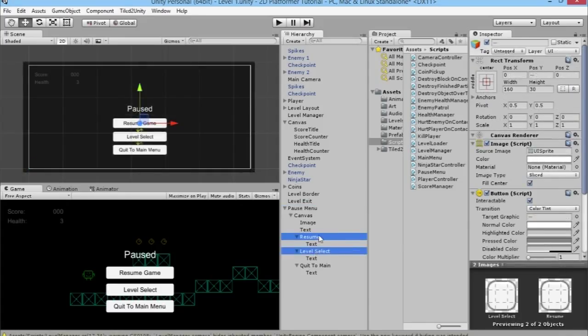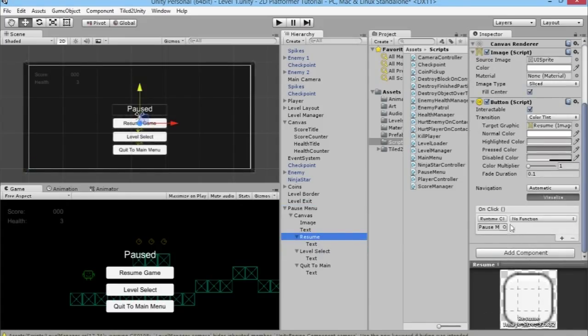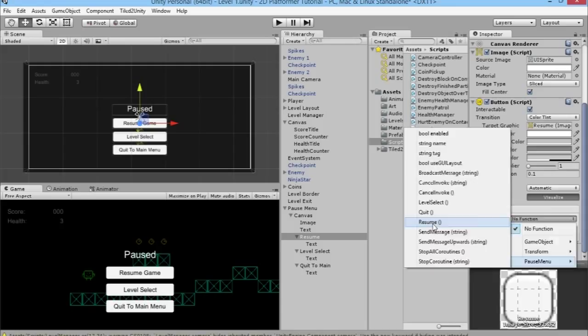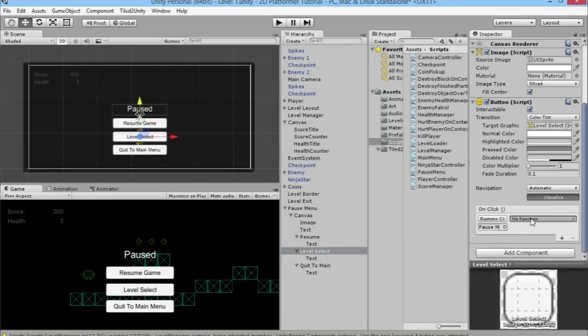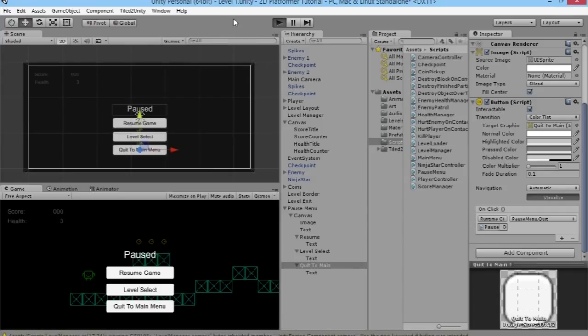But if we select our buttons one by one now, we've already decided that a pause menu is going to have our script on it. So we go to no function, we go to pause menu, and we got resume, and for level select we'll go pause menu, level select, and then pause menu, quit. So now our buttons are all attached up nicely, all sorted for us. So if we hit play,